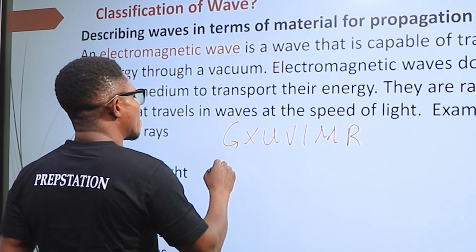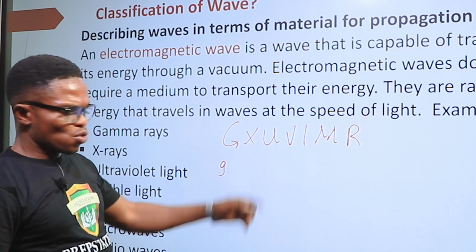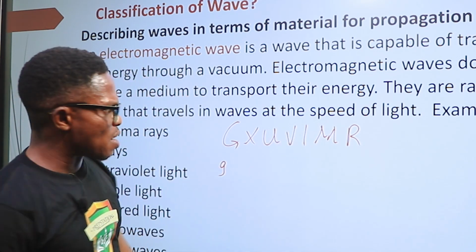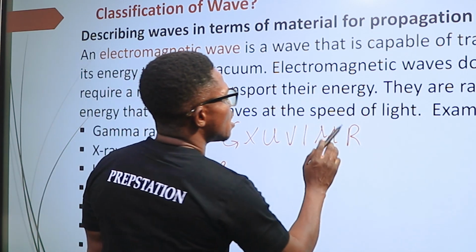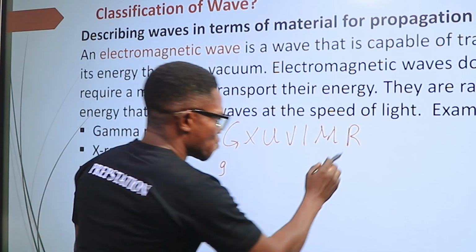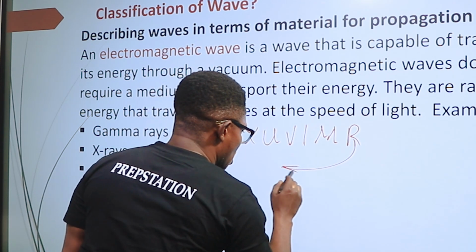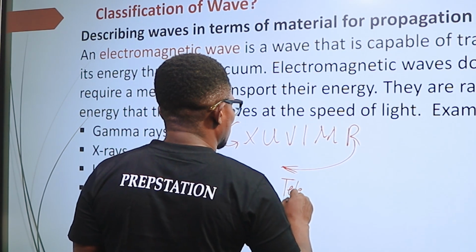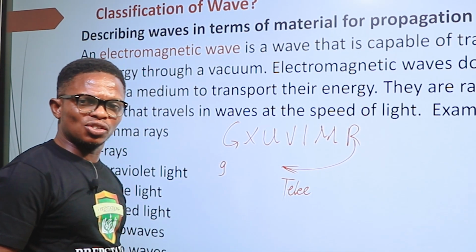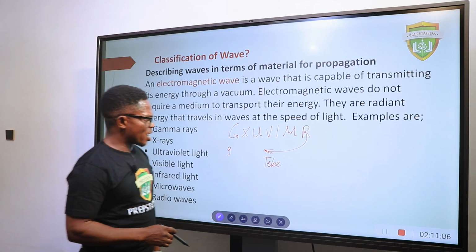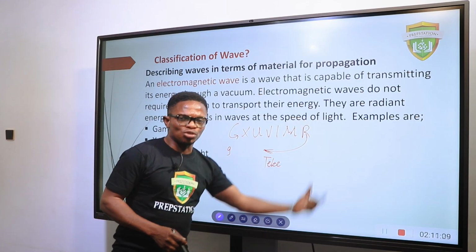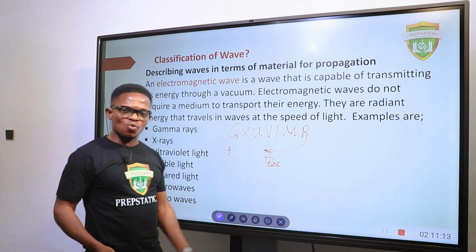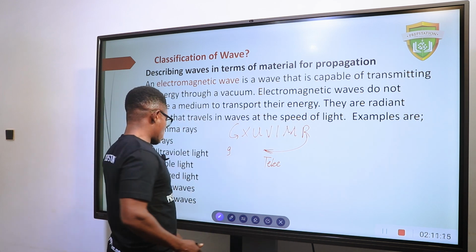G for gamma, X for X-ray, U for ultraviolet, V for visible light, I for infrared, M for microwave, and R for radio wave. Now, radio wave is the wave used in transmission of telecommunication. For example, radio signals and TV signals. So I don't need any medium to transmit a signal from a radio station or television station to where I am. So these forms of wave are called